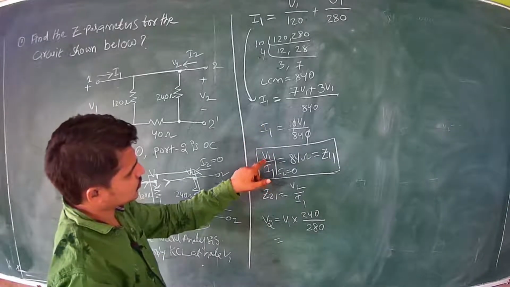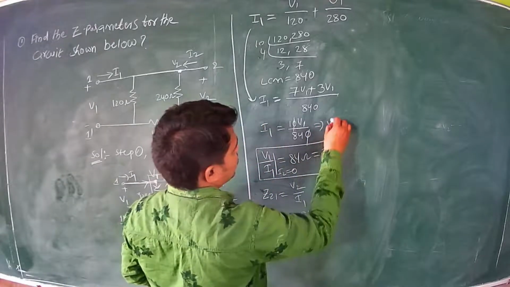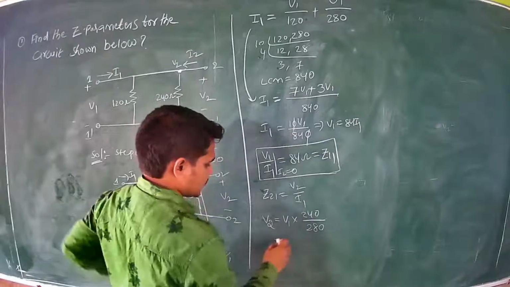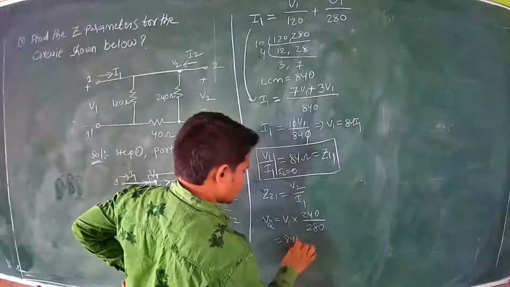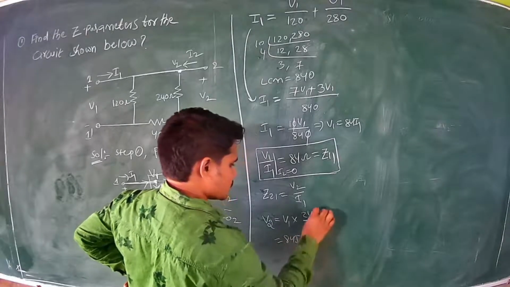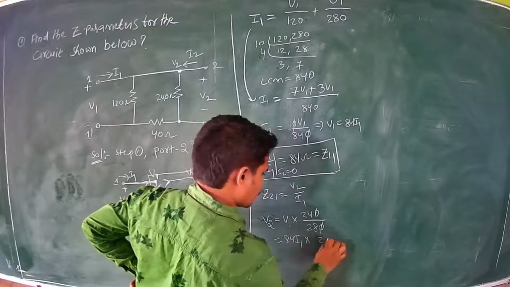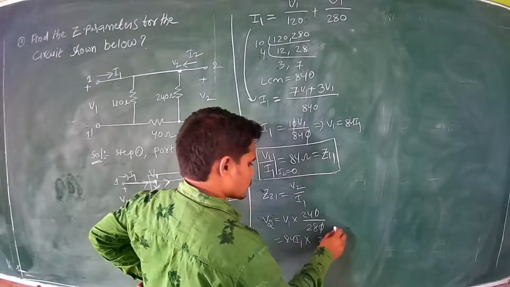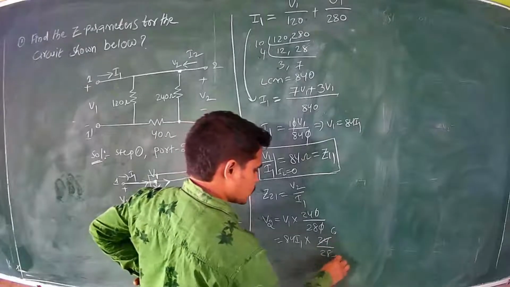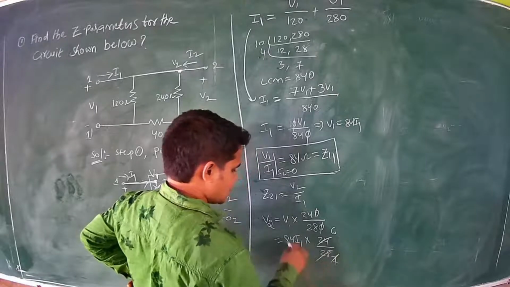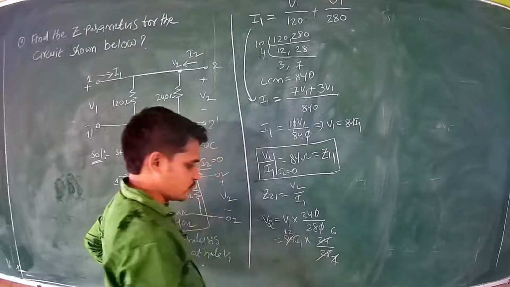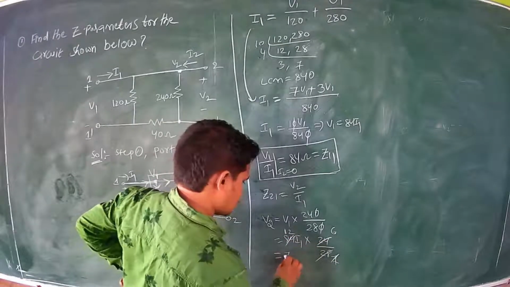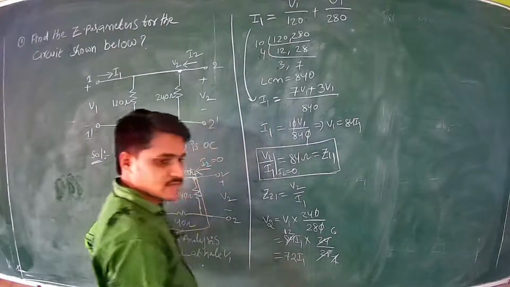Okay, what is the V1 value? So here you can also write it as V1 equal to 84 I1. Substitute here: 84 I1 into... the zeros cancel here. So 24 by 28. 4 6s are 24, 4 7s are 28. 7 1s are 7, 7 2s are 14... 12 7s are 84. Therefore here, 12 6s are 72 I1.